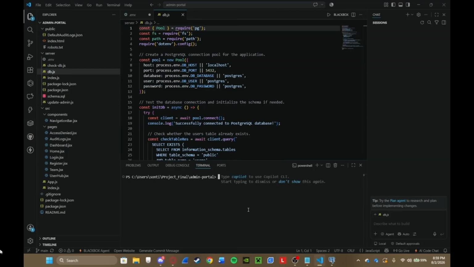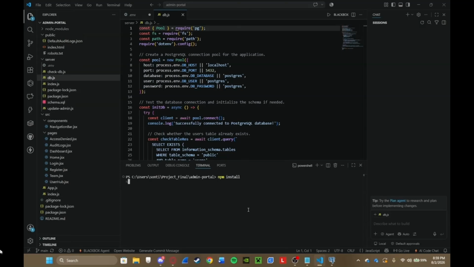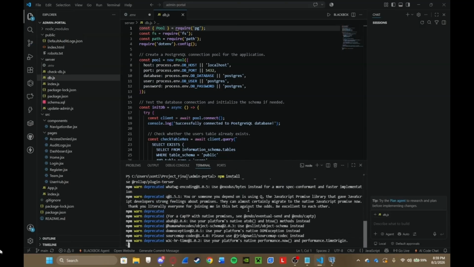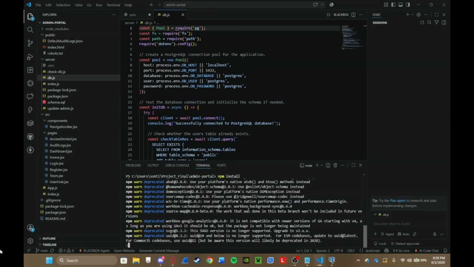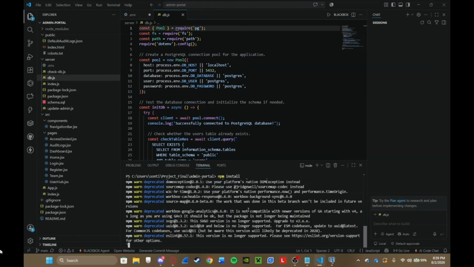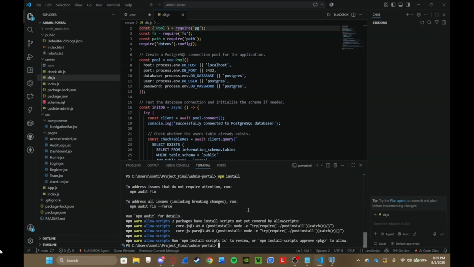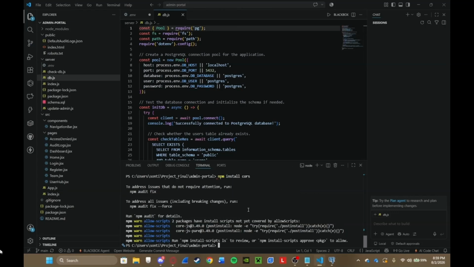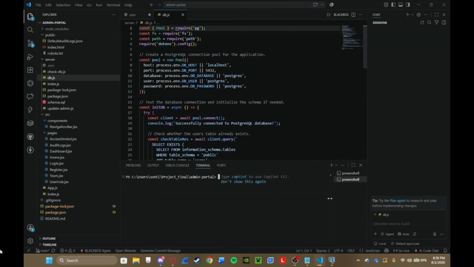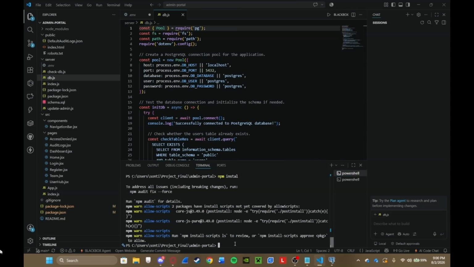and we want to type npm install. This will download any extra nodes that we need for this project to work. It will take a quick 30 seconds or less to download, and don't worry about all this nonsense, nothing important for us otherwise. And after, you're going to want to type another command called npm install cors. This will properly allow each part of the backend and database to actually talk to each other, and it'll be good to go. After that, you want to add a second terminal, and for the first one, to run the